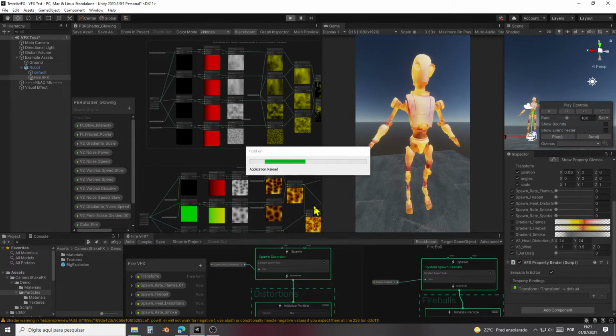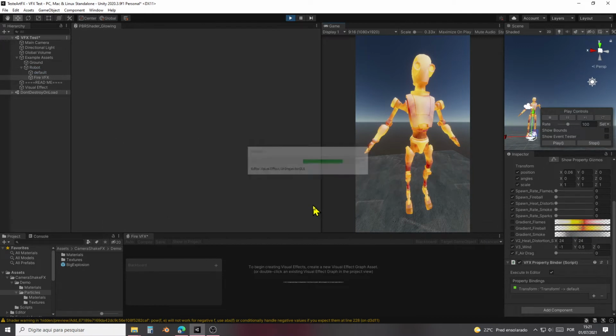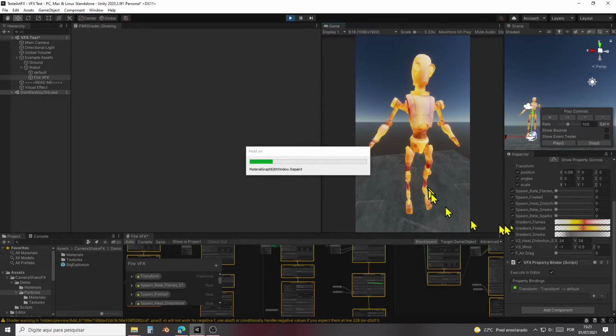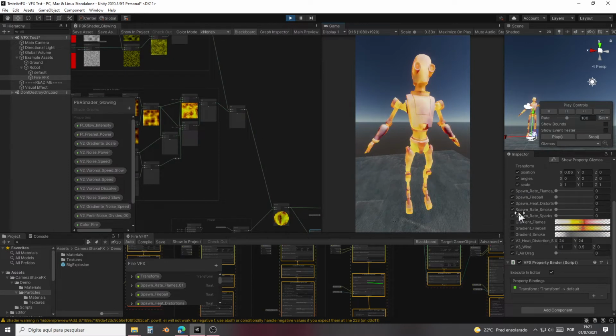It takes some time to think, so let's be patient, wait a little. And the cool stuff, oh, look at that. This is a texture, the texture of the robot, the Kyle robot, and he's emitting some fire texture,